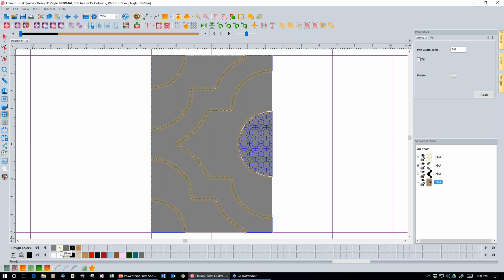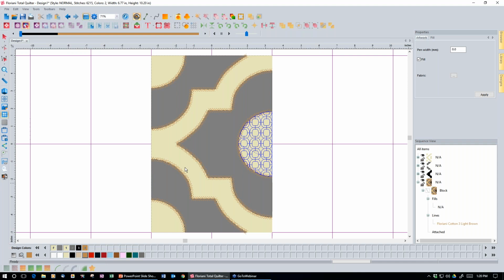And what I'm going to use is this one right here, the number 1 in our design colors. If I click on that, it's going to give me an option. Do I want it to be the fabric color, the fill paths color, which are the stitches along those lines, or do I just want to remove the color? I don't want to remove it. I do want to assign it to a fabric color. So if I click fabric color, it is going to put that fabric color in here,